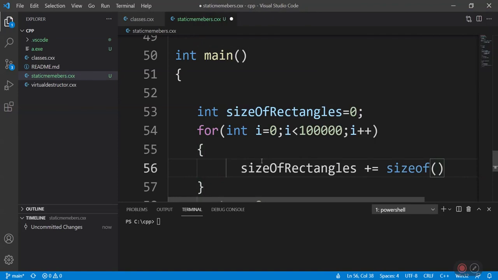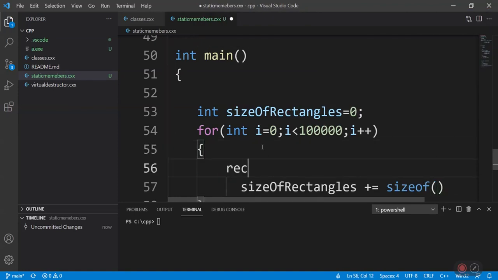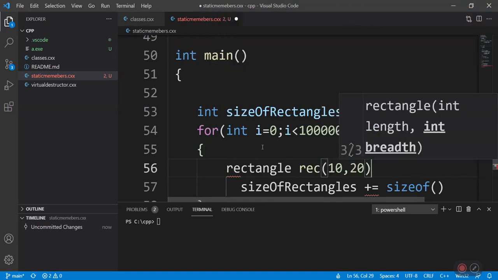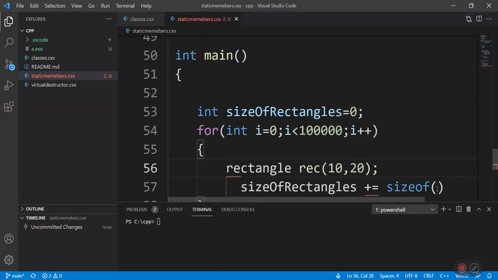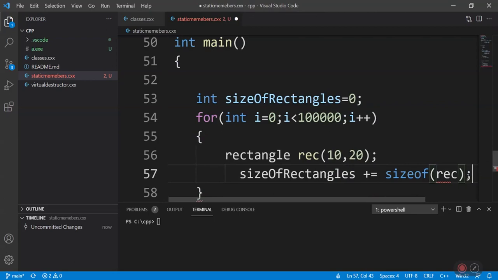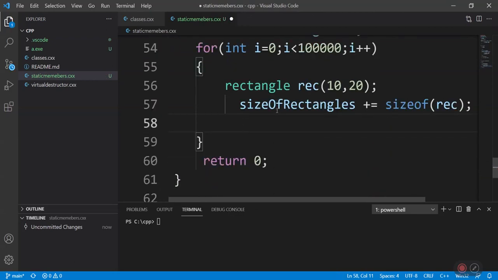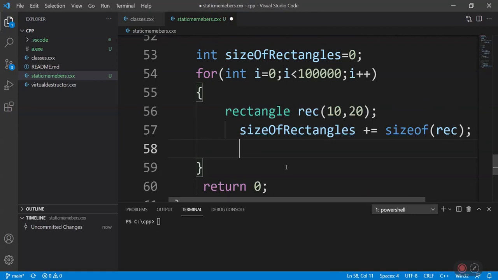We'll create an object of rectangle, rec, 10 and 20. So every time our objects get created, we just read the size of this object.